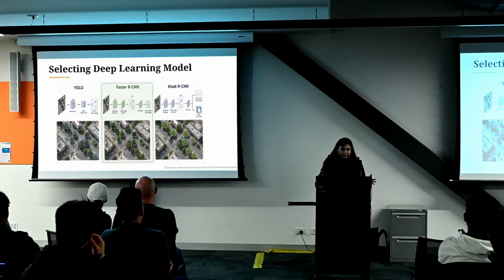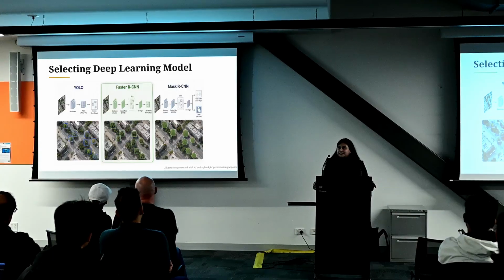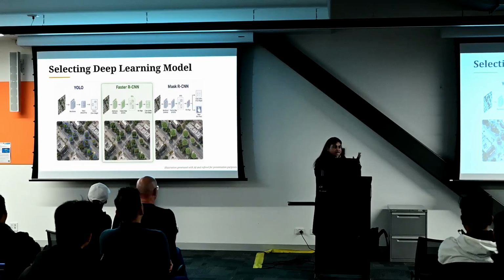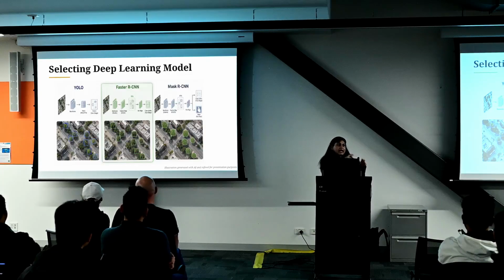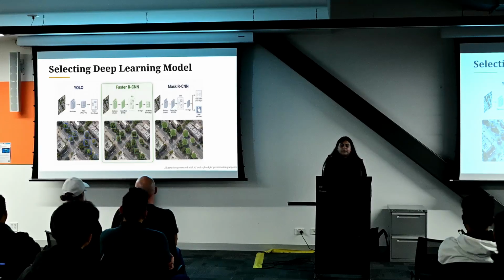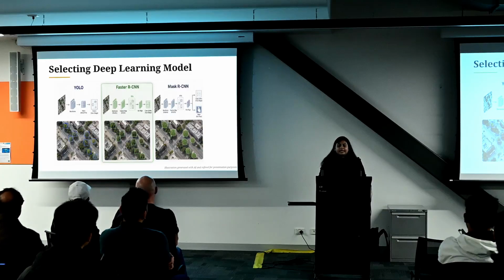I heard about 3 different types of methods. The first is YOLO, you only look once, which I think everyone is familiar with. It is a very accurate detector model, which works on moving images and videos, and it worked very quickly. Another model I saw was Faster R-CNN, which has 2 detectors: one finds the region, and once it gets the region, it goes into more detail. And then I also had Mask R-CNN, which has the same features as Faster R-CNN, but gives another mask per region or per pixel.